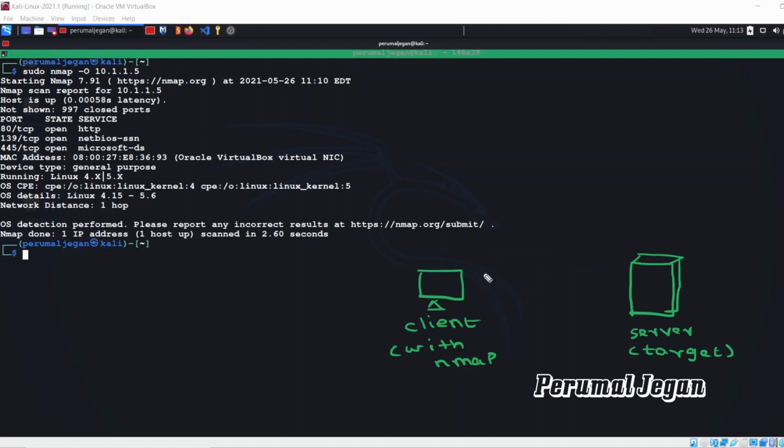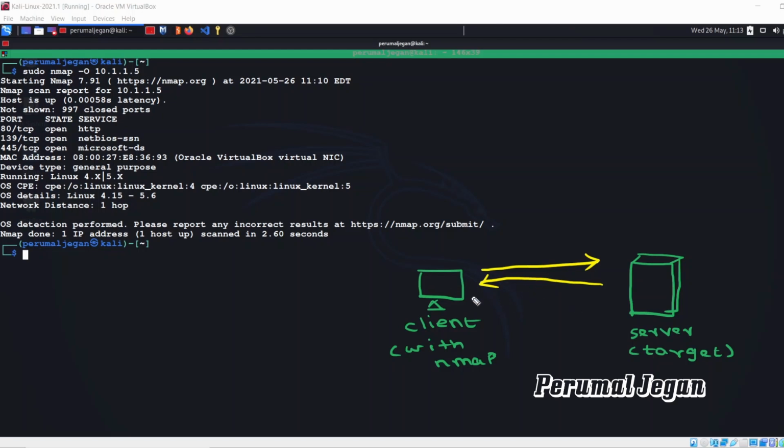Now you need to grab the operating system information from your server. What Nmap generally does is simply send some probe requests when you are using the -O flag. It simply sends some probe requests.